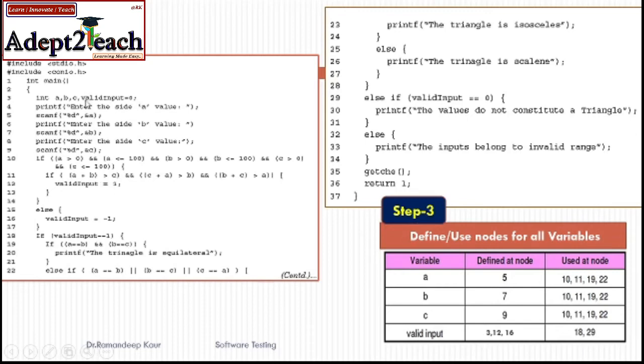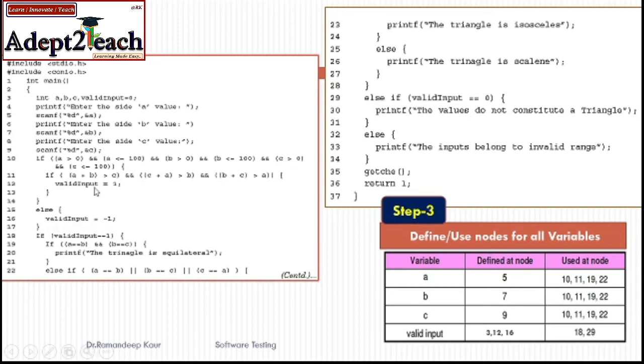Now if we look at the program again, this variable valid input is getting a new value again. That means it is getting redefined. So it is getting redefined at node number 12, where I have written valid input equals 1, and node number 16, where I have written valid input equals -1. So this is basically the redefinition of my variable valid input.